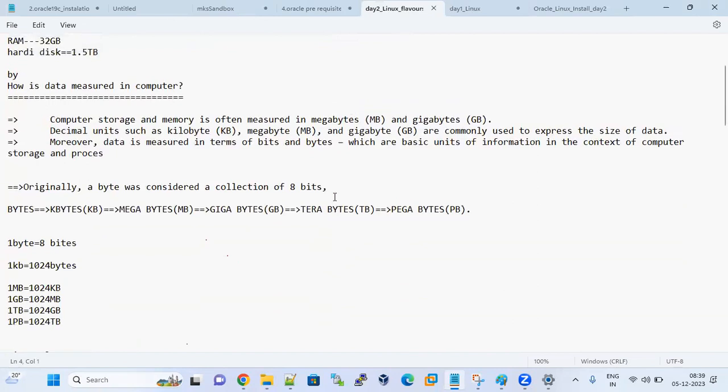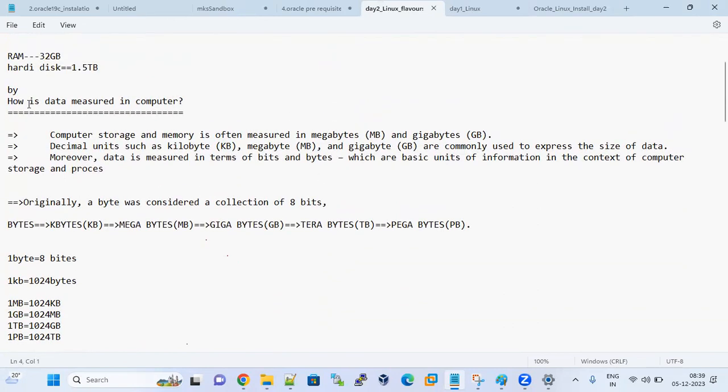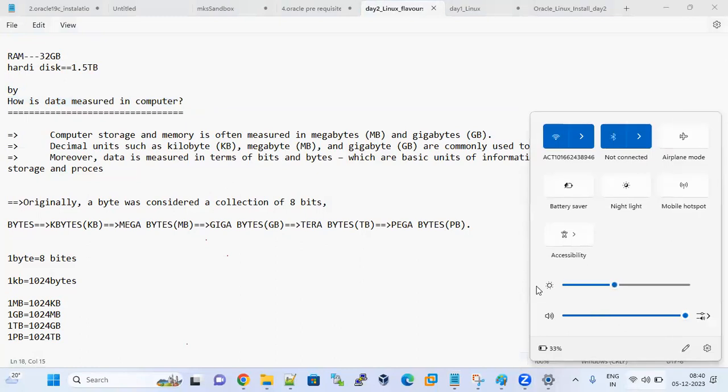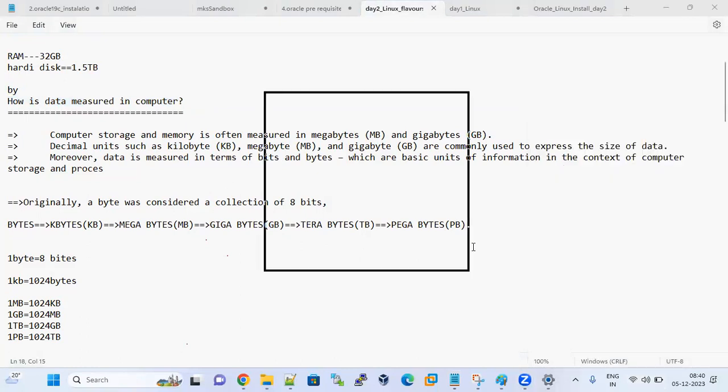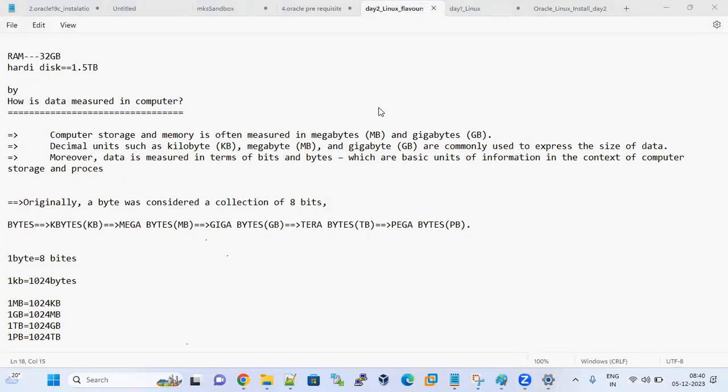Okay. Next, very important. How is data measured in a computer? See, when we create this VirtualBox for creating VMs, for the HDR solution, how many VMs will be required, and how much resource distribution for each VM? Based on that, I will tell you in the next session only. Okay, I got your question. Will tell you.